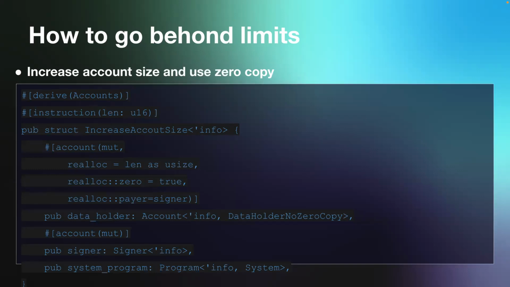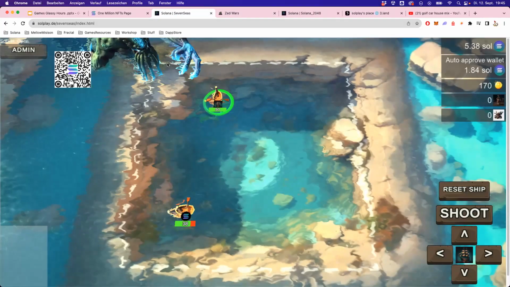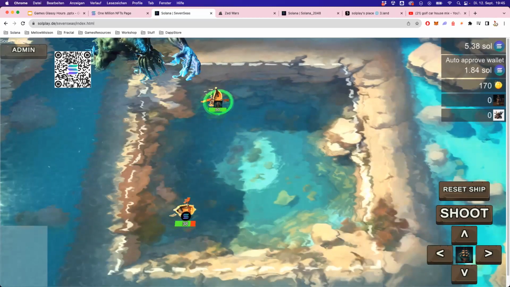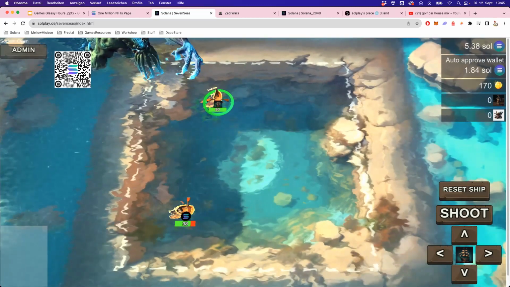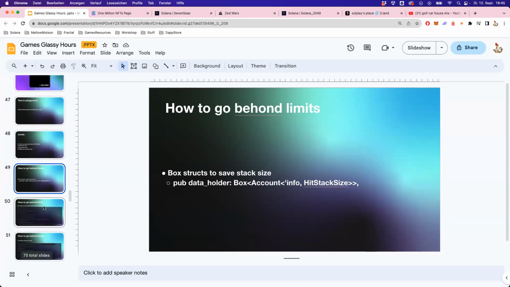And this is how you can increase the account size to more than 10 kilobytes. This is, for example, needed for this sort of 7 Seas game here. This is a 10 by 10 grid, and this is, of course, way bigger than 10 kilobytes. So what we need to do then is we need to increase the account size a few times, and then we can